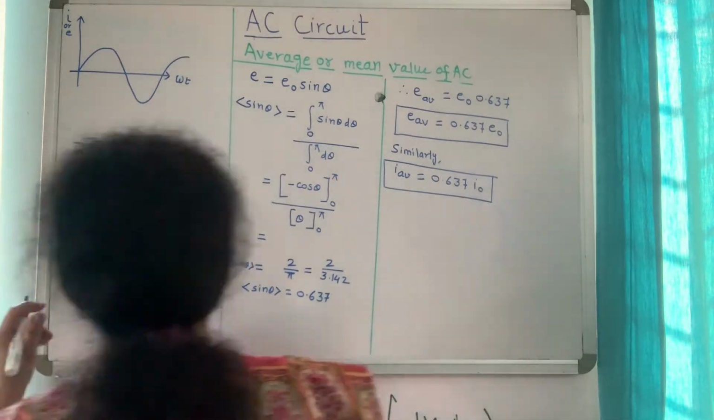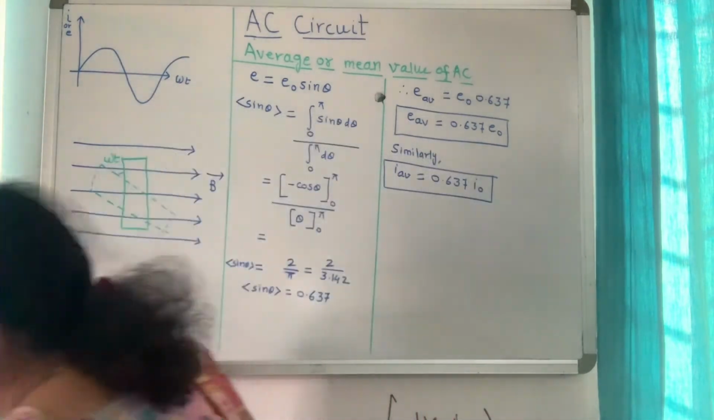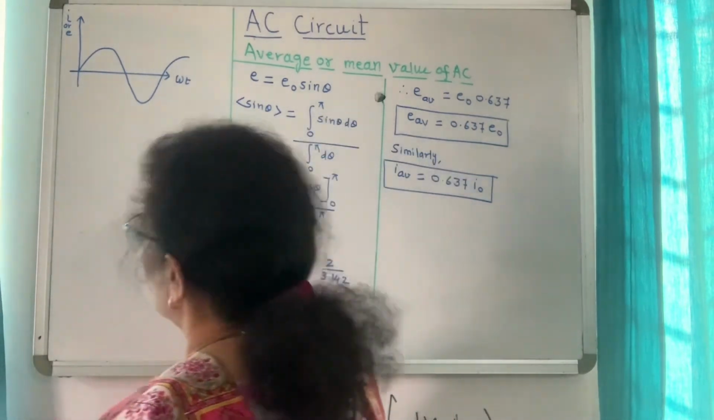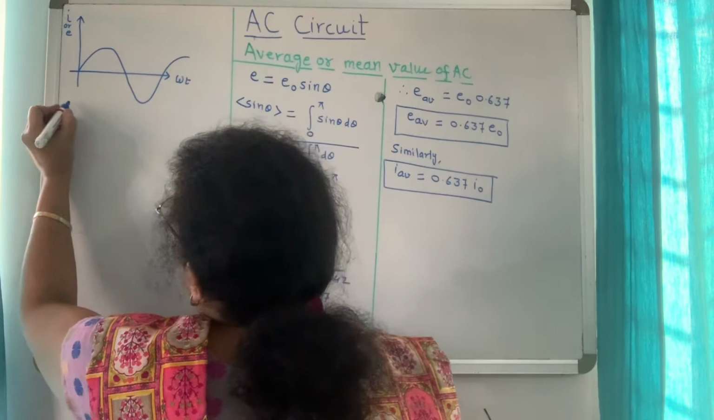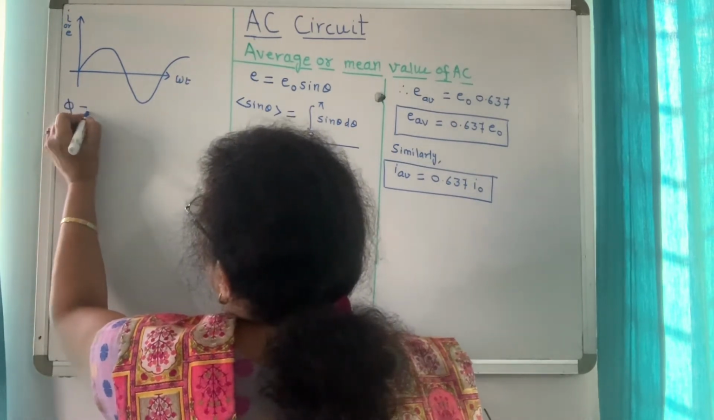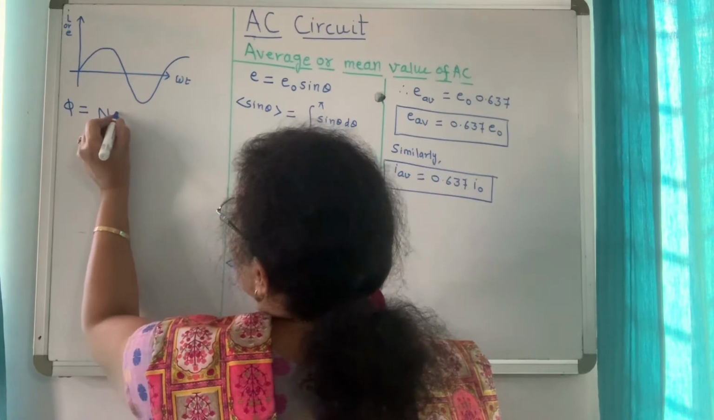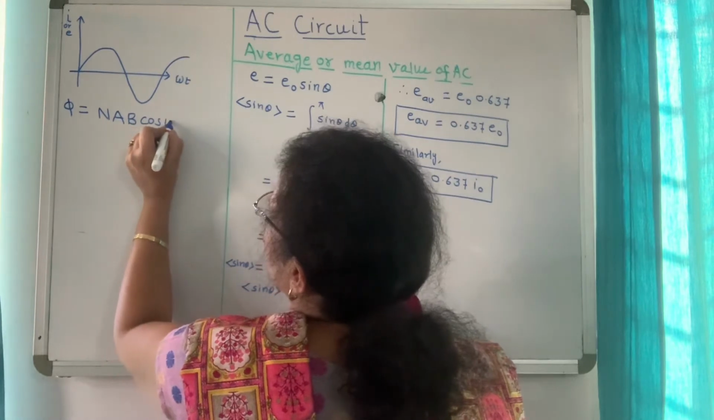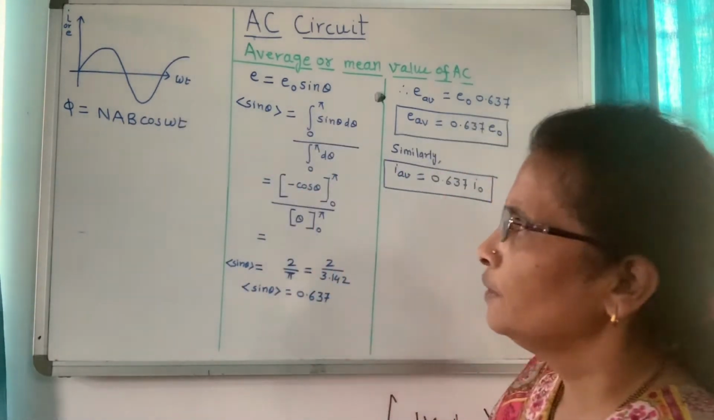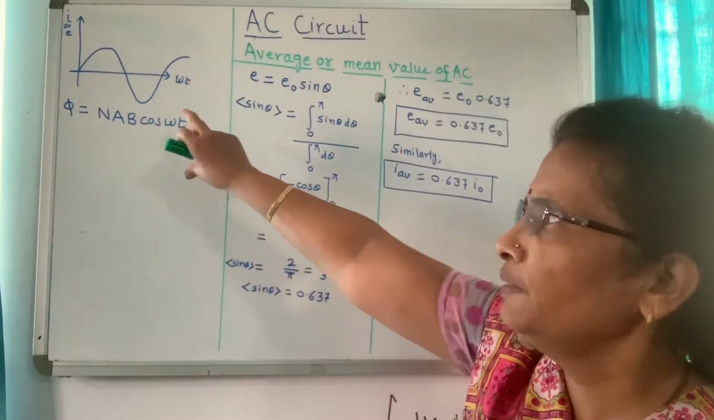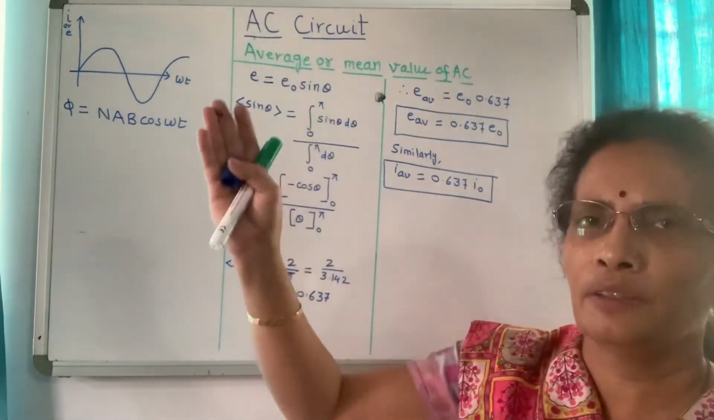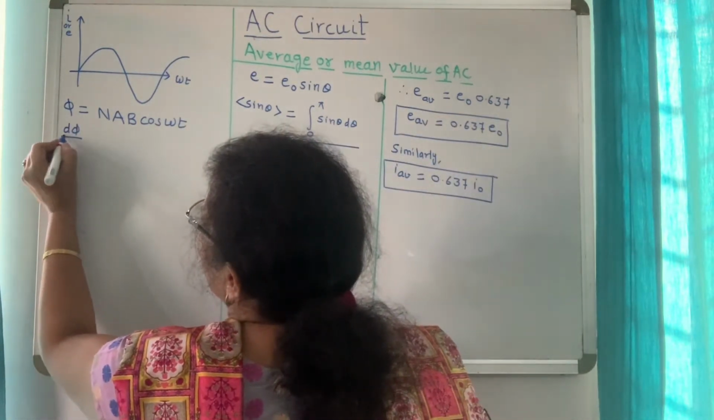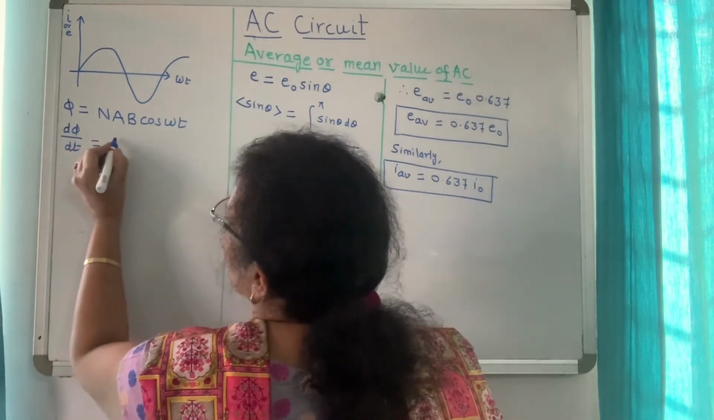So how much flux will be generated over here? We'll rub this diagram. So the flux generated when the coil rotates through the angle omega t, this flux is phi. N is the number of turns, A is the area of the coil, B is the magnetic field, and it is equal to NAB cos omega t. This much amount of flux will be generated when the coil is rotated through the angle omega t in a uniform magnetic field. Now differentiate this, d phi by dt is equal to d by dt of